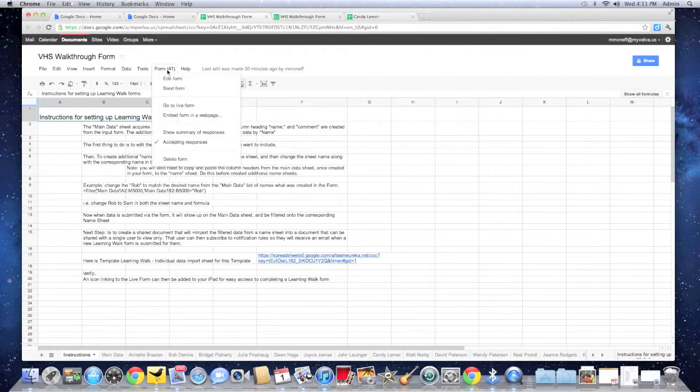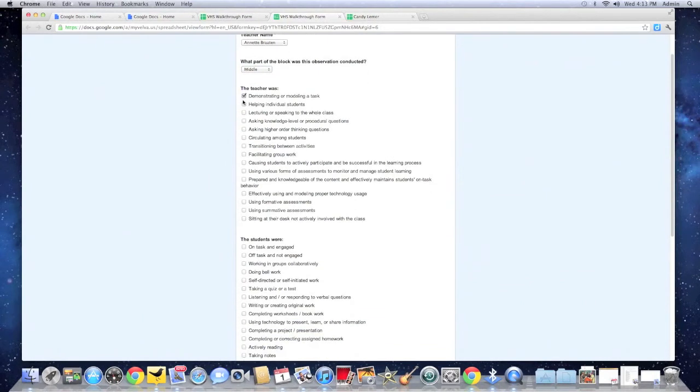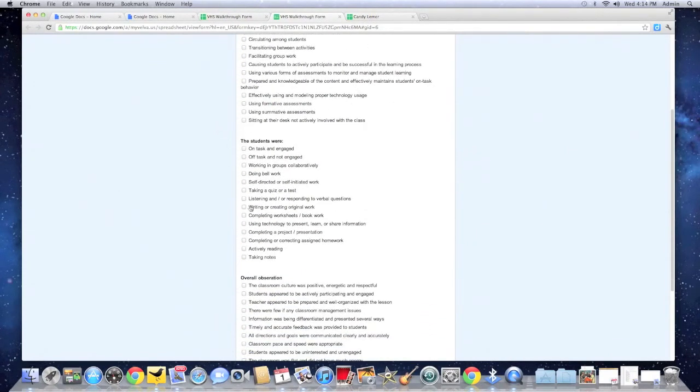I'm going to go to Form, and I'm going to go to Live Form just to take a look at what this form actually looks like on my iPad. I can go to Teacher Name, and I have all my teachers preloaded in here. I can select what time of the observation I went in, whether it's middle, beginning, end. I can go through and checkbox what I saw the teacher doing, and the next segment here are a series